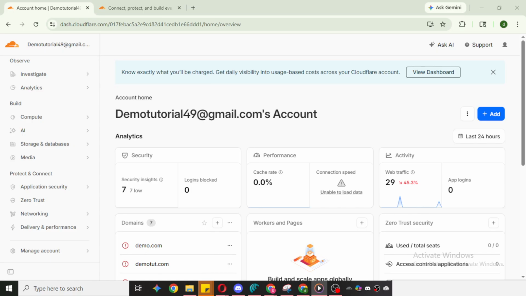Start by opening your Cloudflare account. From your dashboard, look over your list of sites and click the specific domain you want to manage. Taking a second to confirm the right domain here is important because redirects apply only to the property you select.